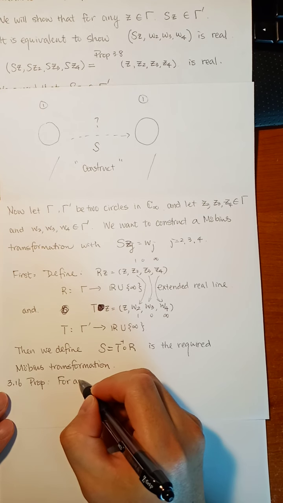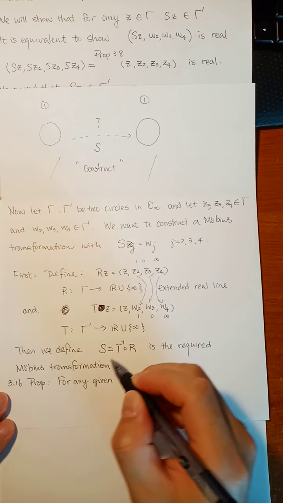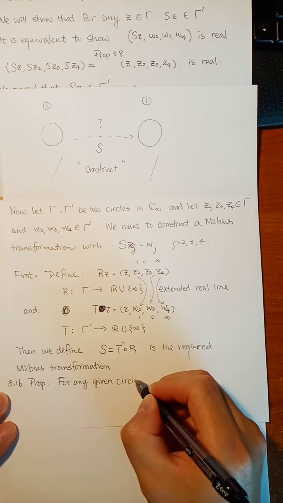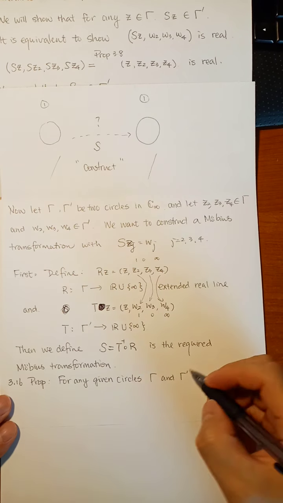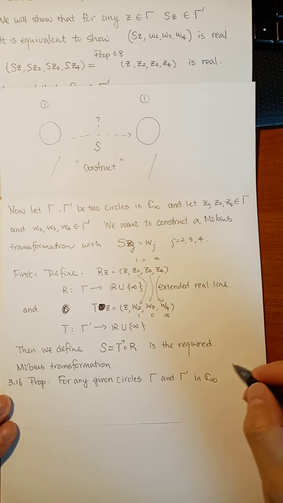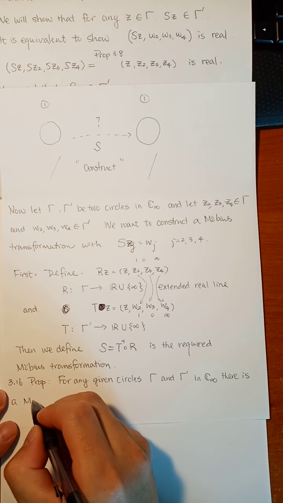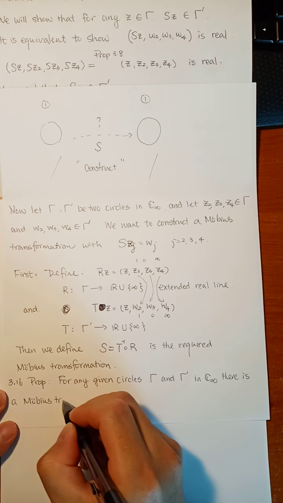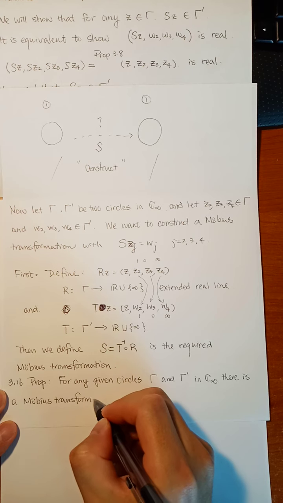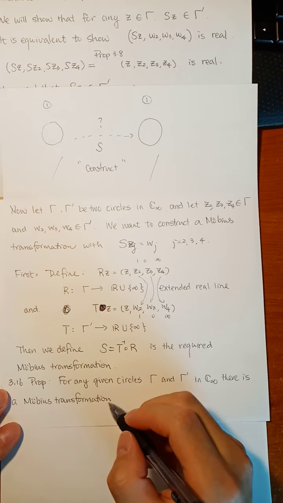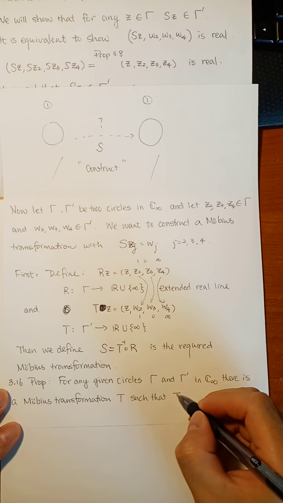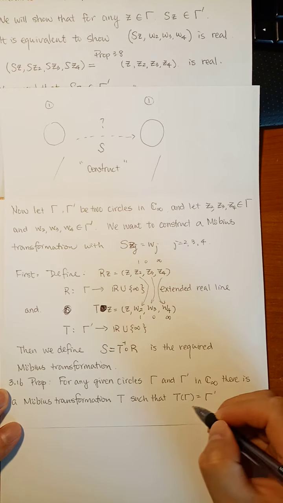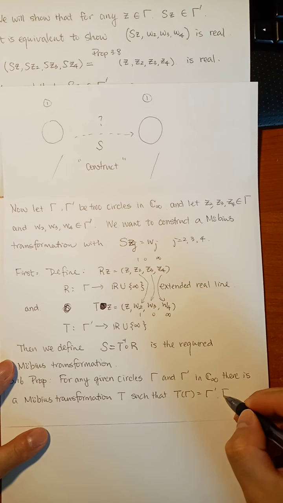For any given circles gamma and gamma prime in C infinity, there is a Mobius transformation T such that T of gamma is equal to gamma prime. It's onto. Furthermore,